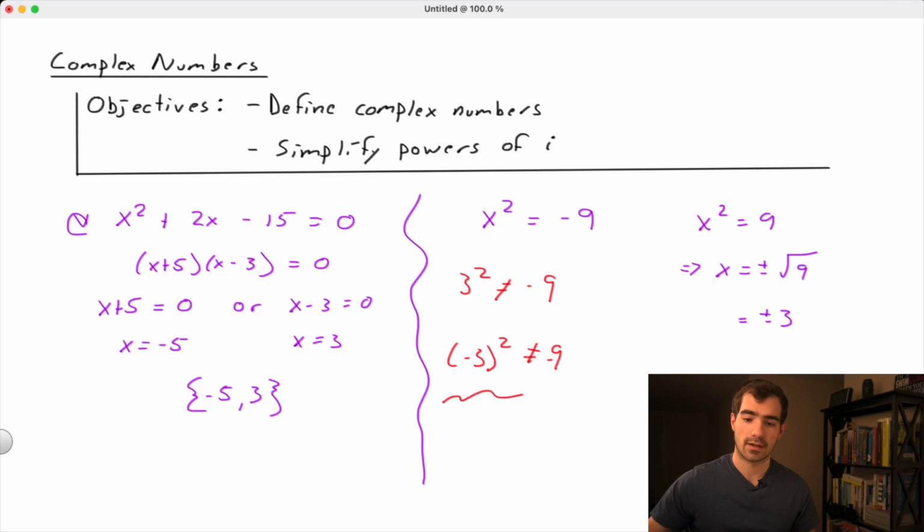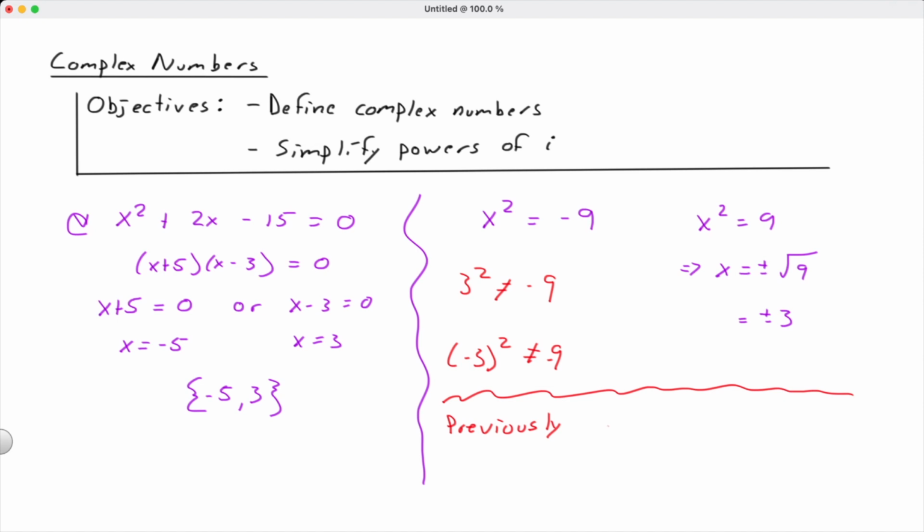And in fact, up until this point, we've actually previously excluded square roots of negatives from the domain of equations and functions that we've worked with. So from the domains of the equations and functions we've worked with. And this is because we didn't have a tool to deal with them. There isn't a way for us to define a result of a square root of a negative in the real